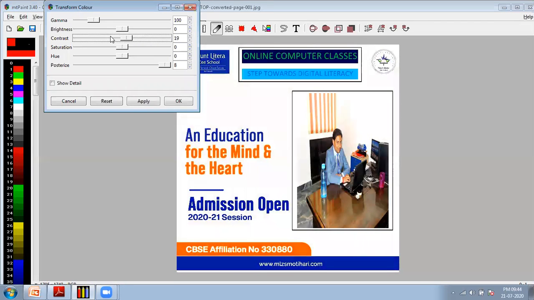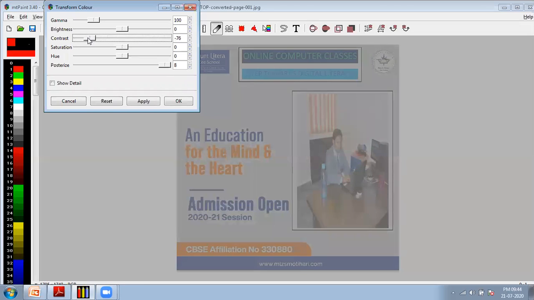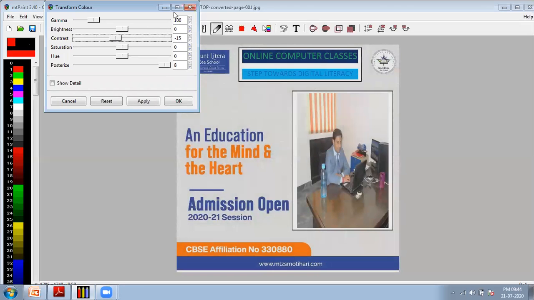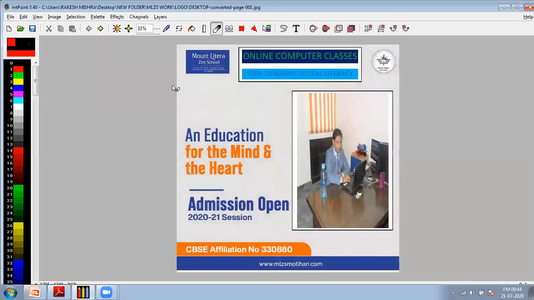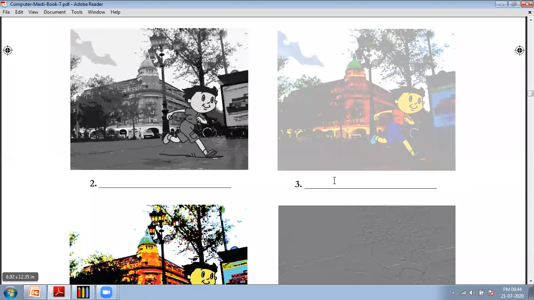Look here, contrast is increasing, so it will look like that. Again I am pressing Control Z to make it the previous mode. So the answer for the third is contrast increase.